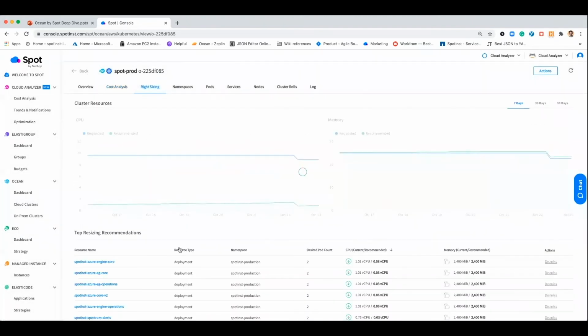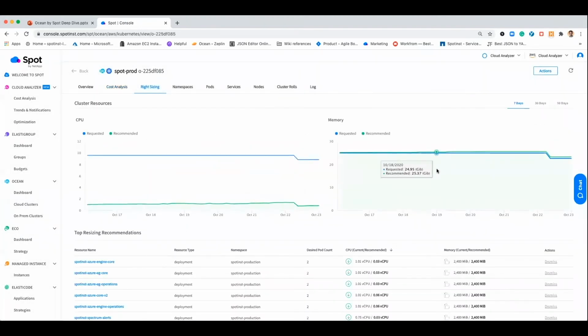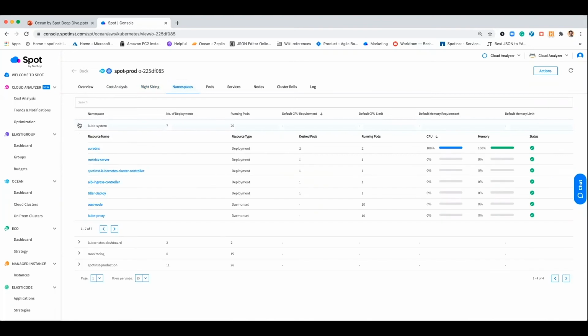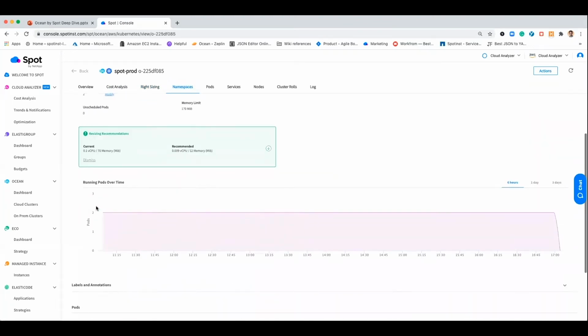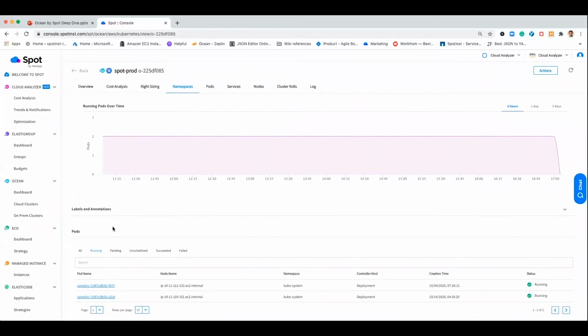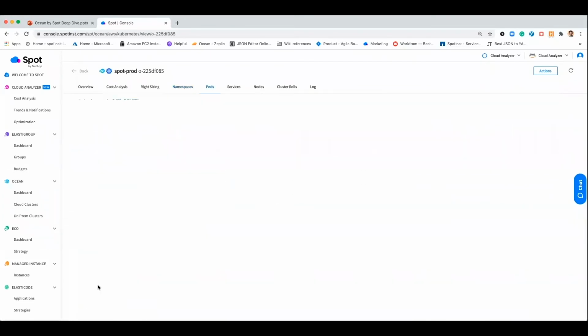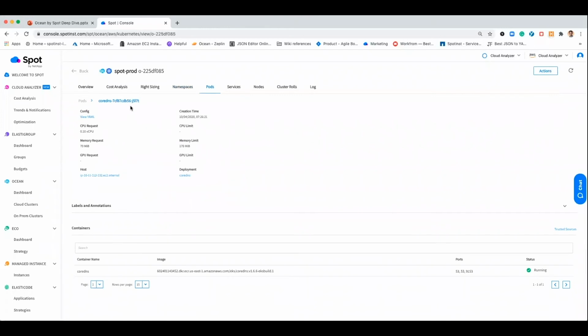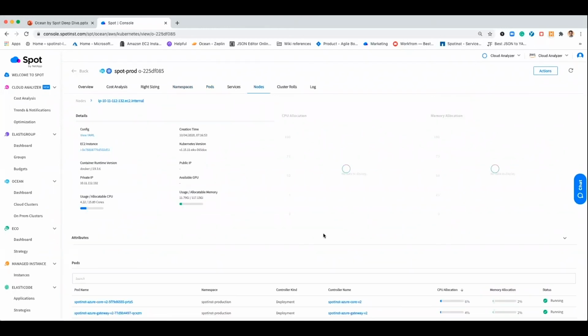With the right-sizing features mentioned earlier, all your applications will be monitored for utilization to ensure your pods are as packed as possible. From there, you'll just get additional visibility into your clusters from namespaces and deployments underneath, the amount of pods running over time, the labels and annotations on every single one, the pods themselves and how they're behaving,